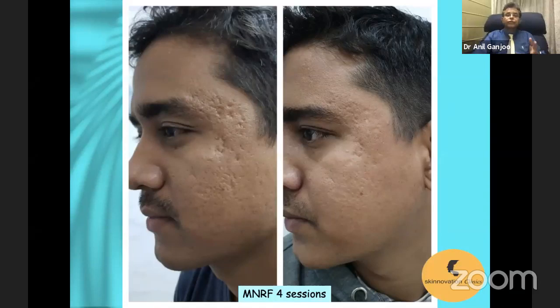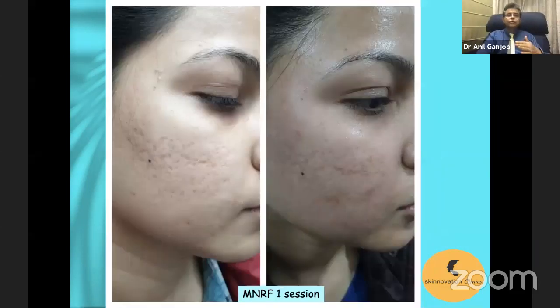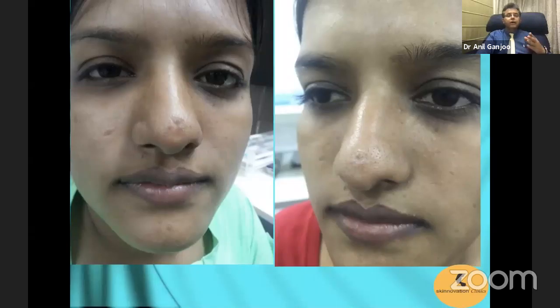A good response, 4 sessions of MNRF requires further treatments. We can wait for some time. Usually after 4 sessions of fractional resurfacing, we give some time for the fibroblasts to do their work, and then do further sessions maybe after about 4 to 6 months. So another profile of the same patient. This is just one MNRF session. A patient of a melanocytic nevus removed from the nose, a scar left, and then 2 sessions of MNRF improves